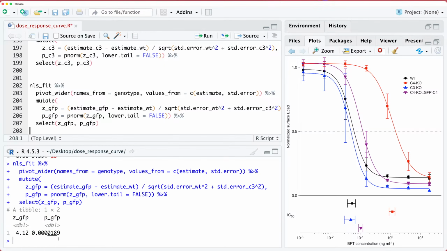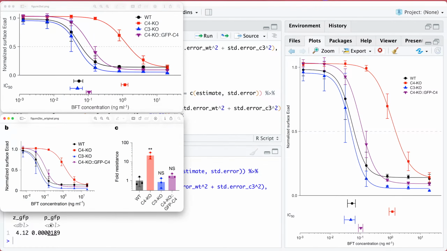And so again, this is a very small p-value. Even if you were to correct for multiple comparisons, multiply that by 3, it's still going to be less than 0.05. And so again, I'm not a statistician. I would encourage you to talk to a statistician if you're doing this type of work, but I think it is a more reliable test to get the parameter value from the fit with the standard error when you're fitting all of your replicates together,